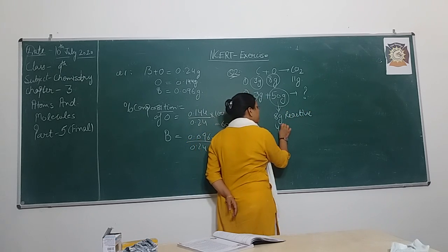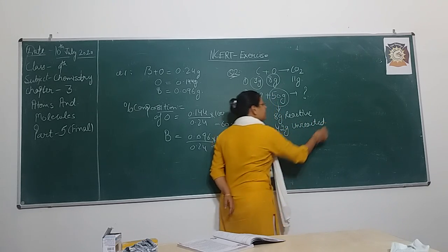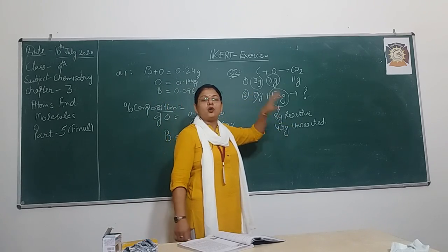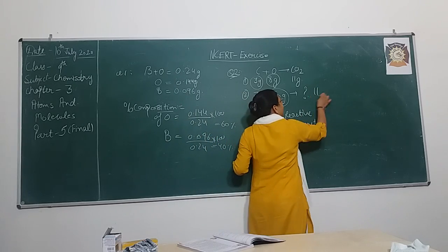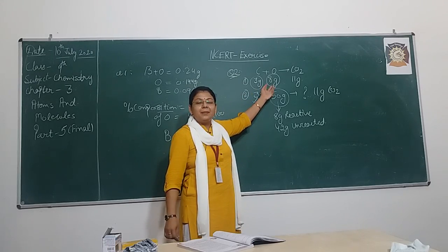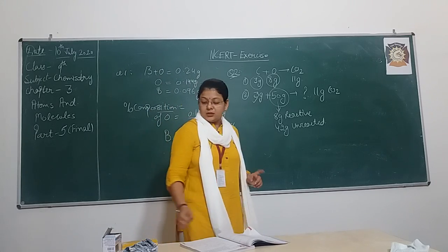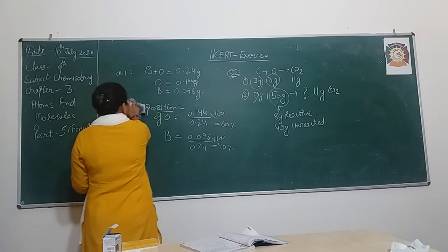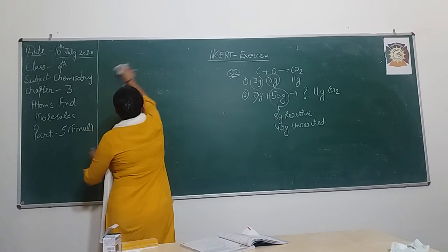The remaining 42 grams remain unreacted, because the law of constant proportion states that a fixed amount of carbon, that means 3 gram of carbon, always reacts with 8 gram of oxygen to produce 11 gram of carbon dioxide. So their proportion by mass is fixed. Which chemical law? Law of constant proportion. Very good. The third question is, what are polyatomic ions? A theoretical question, already discussed. You have to do it yourself, and also write an example.